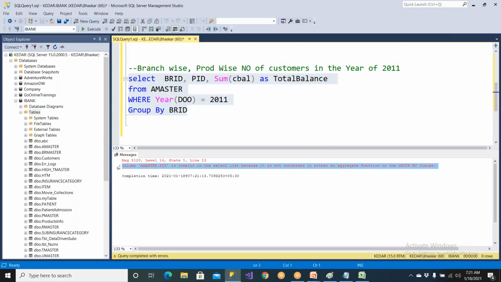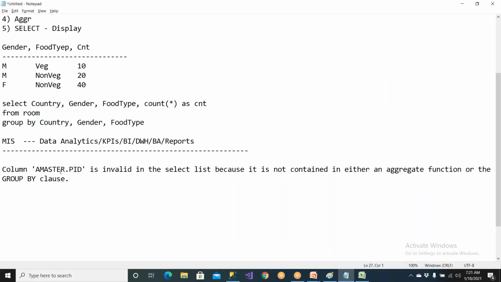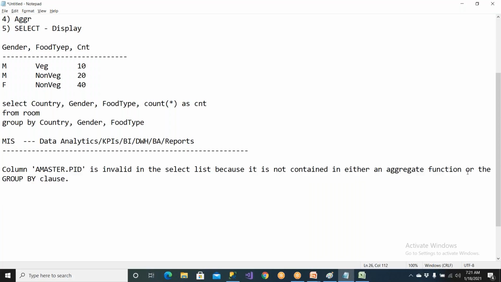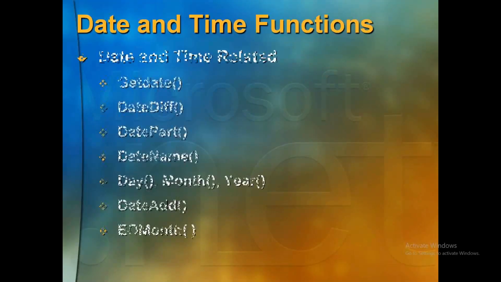So this will give you a bigger issue. So what is the issue? This is the issue. Read this. PAD is invalid in the select list because it does not contain either an aggregate function or the GROUP BY clause. This is a very important thing. So what is the thing? So it is saying,